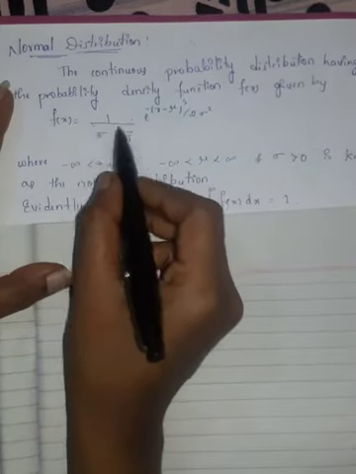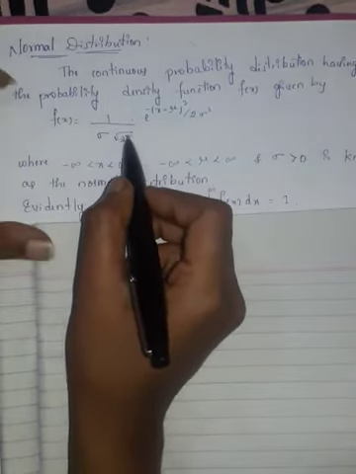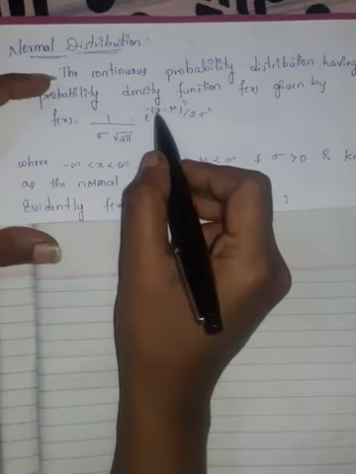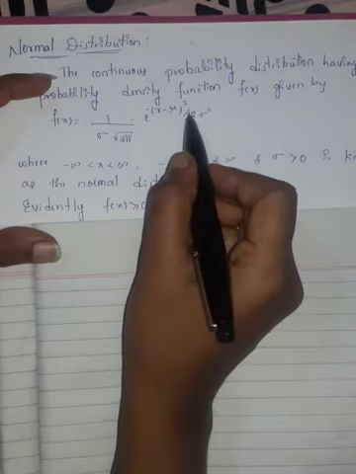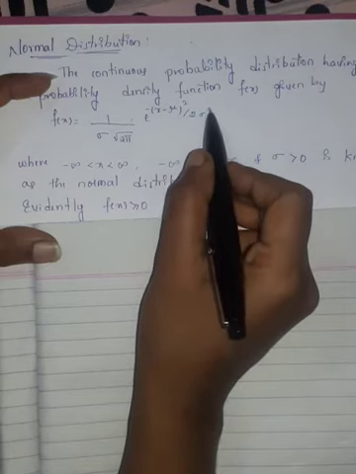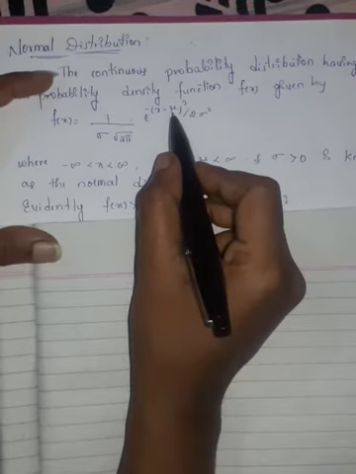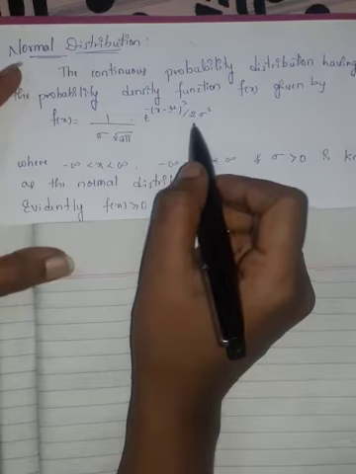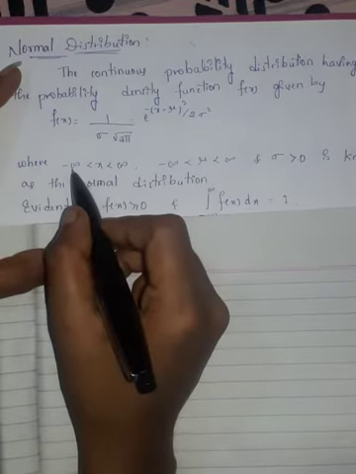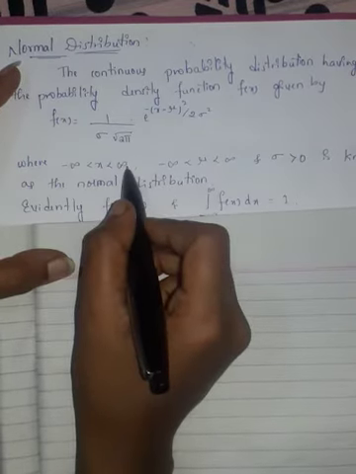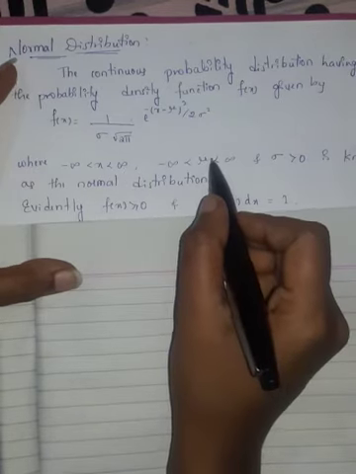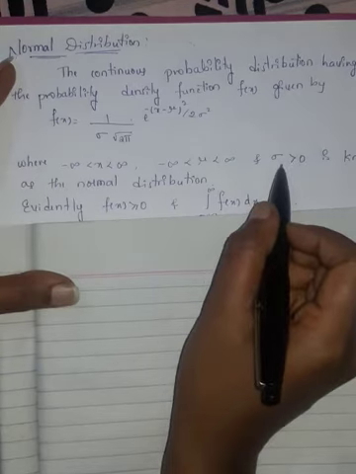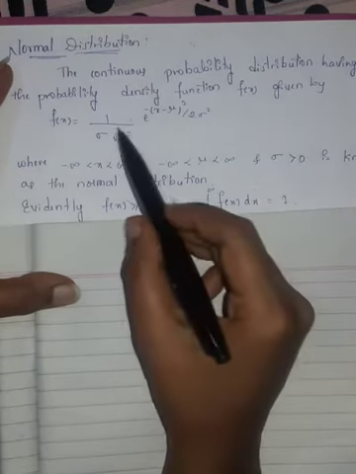is equal to 1 by sigma into square root of 2 pi, e raised to minus (x minus mu) whole square by 2 into sigma square. Here mu is the mean and sigma is the standard deviation, where x lies between minus infinity and plus infinity. Also our mean lies between minus infinity and plus infinity, and sigma should be positive, and this is called as